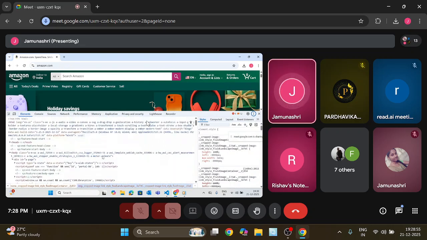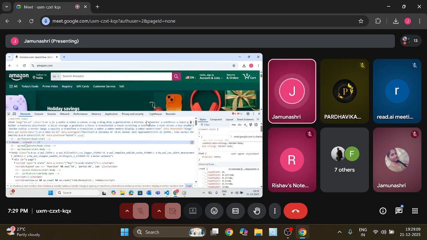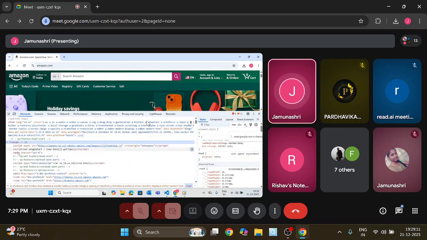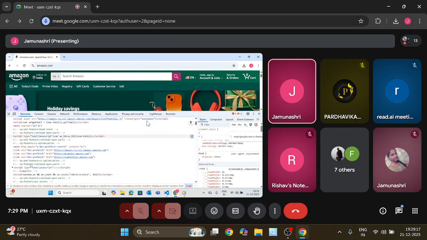So inspect element will contain the original HTML document of this particular website. So you see the document of HTML. Inside the HTML you can see the head element. Inside the head element they give the meta charset, and also the scripting of the JavaScript, and also